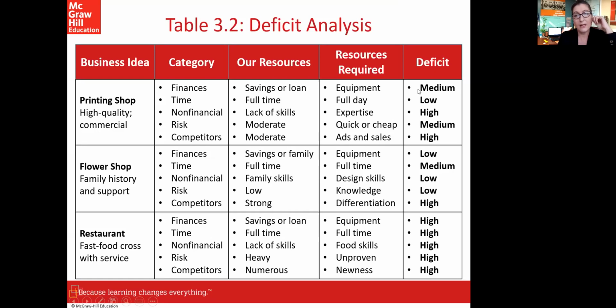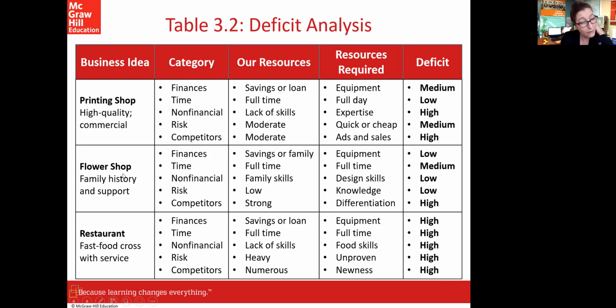So then what is the gap? Well, there's a medium gap that needs to be closed with regards to financial resources. The time commitment that we've got to offer is in line with what is required. But with regards to non-financial resources that we have to offer, we're going to have to take on some training because there's a high gap there in terms of the expertise that's involved. And really, we don't have the advertising budget to keep pace with the competition. So the gap analysis for the printing shop identifies some medium to high